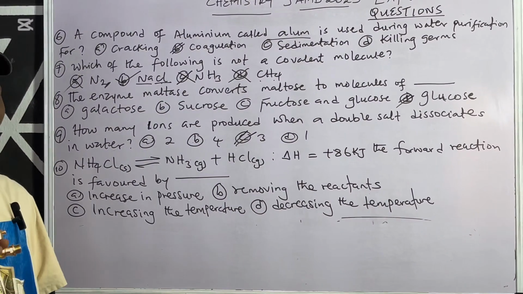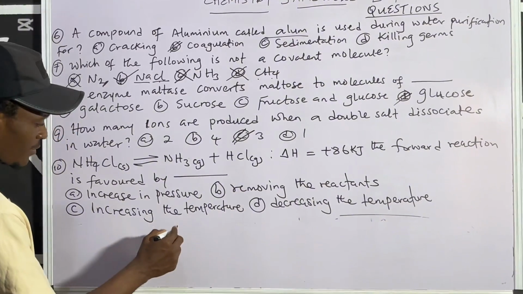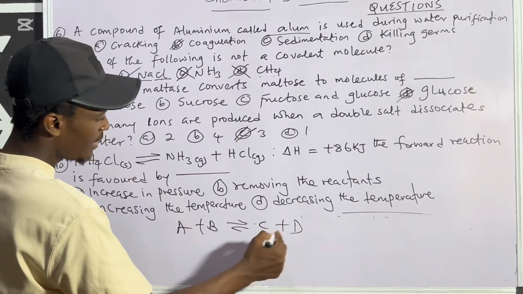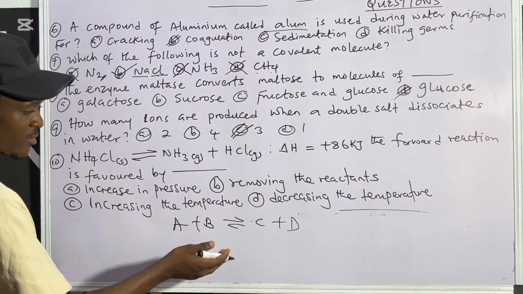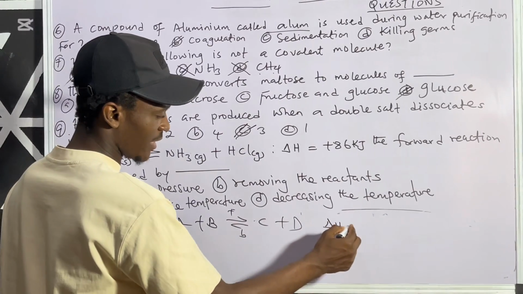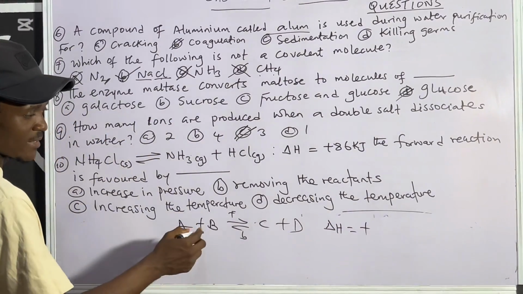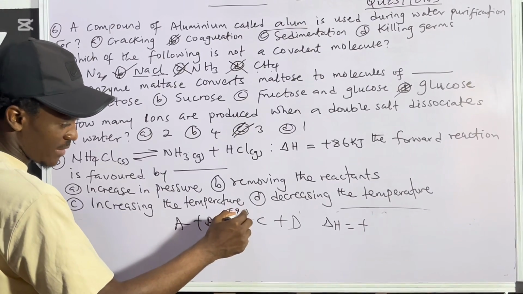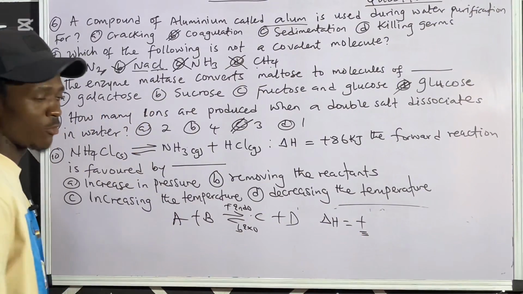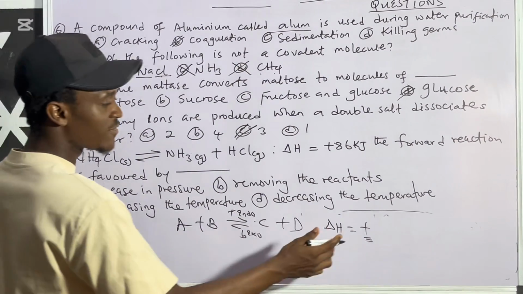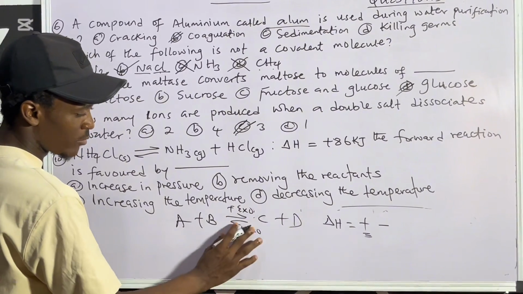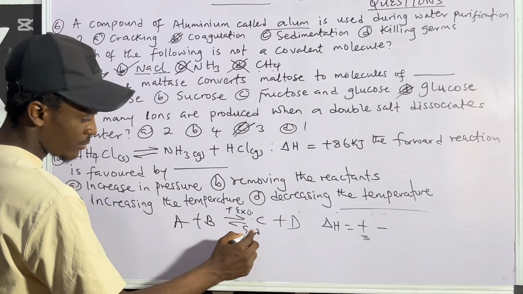So one thing that you need to know about chemical equilibrium is that if you are having A plus B to give C plus D, in this case, we are having two-sided reactions, forward and what? And backward. If you are given your delta H value to be positive, it means that the forward reaction here is endothermic. Then while the backward is exothermic. Why? Because it is having a delta H value of positive. But when your delta H value is negative, then the forward reaction will be what? Exo. Then while the backward reaction will be what? Endo. You get the point now.